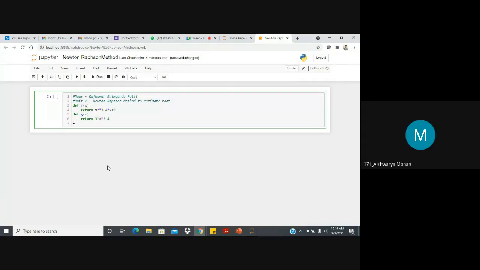Excuse me, sir. Yes, please. Here it is written 3x square, so there will be a double star because it is x square. No, actually, the syntax that we use in Python varies. To write x cube, we can write x star x star x, that is also syntax, or x double star 3, or you can write it this way as well, because x square is x into x, right?